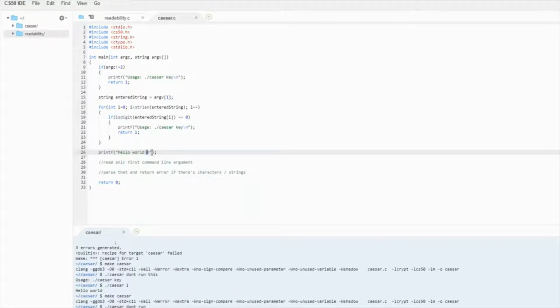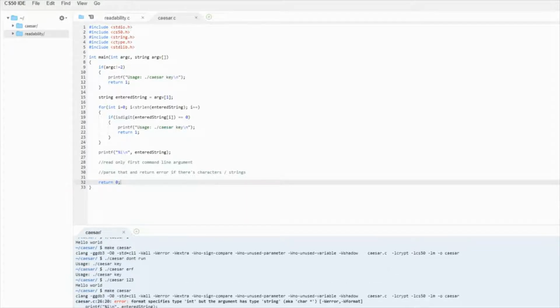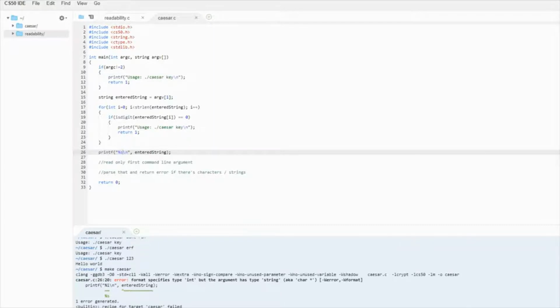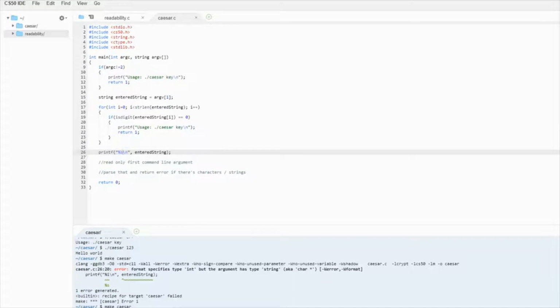And then actually, since we now have a number to display, I'm going to change this hello world thing to actually display that number. So this is going to now be that entered string. So if it just makes it down here, it's going to print out the string they entered. So let's go make this again. Oh, sorry. As of right now, it's a string. Alright, 1, 2, 3. Cool. 5, 5, 5. Awesome. So you get the idea.